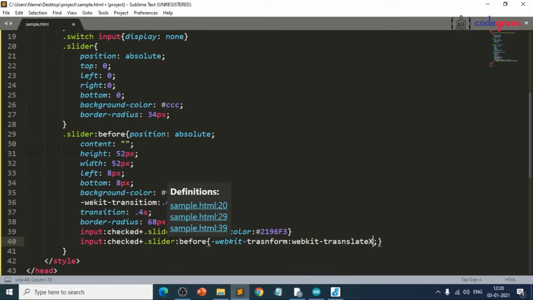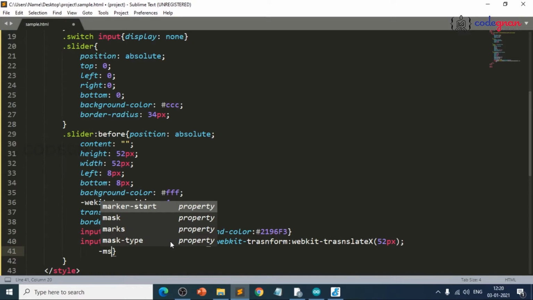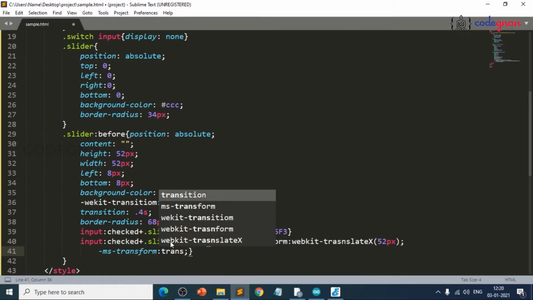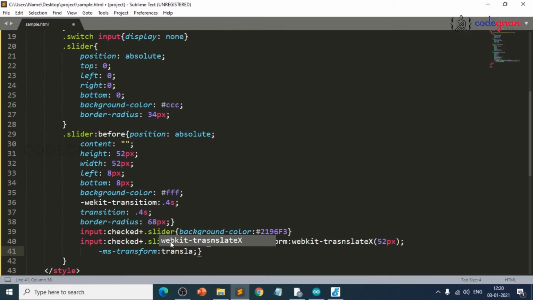Translate X of 52 pixels here, and then ms hyphen transform equals to translate X of 52 pixels.